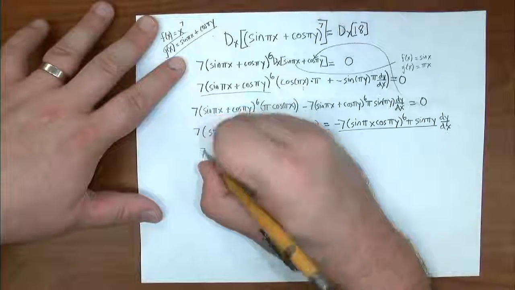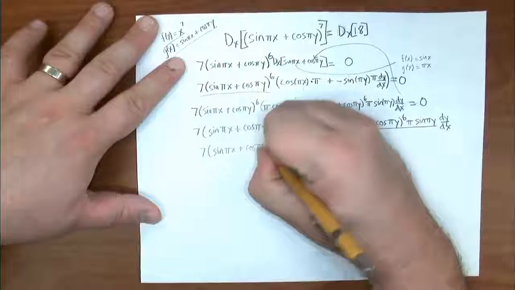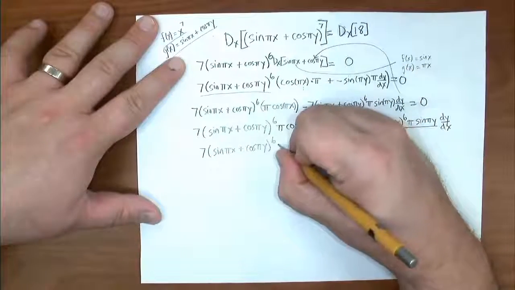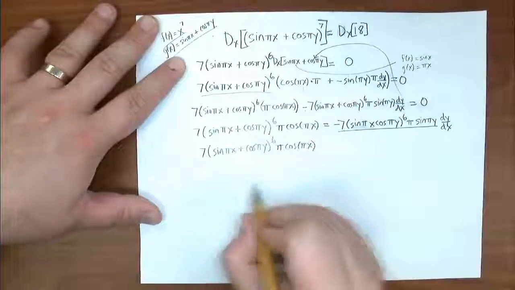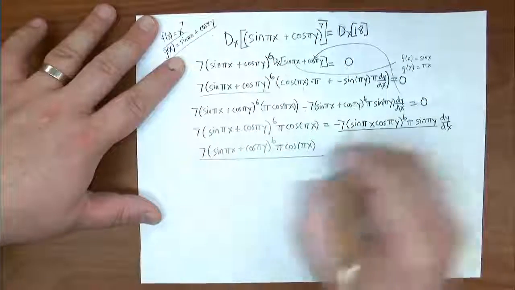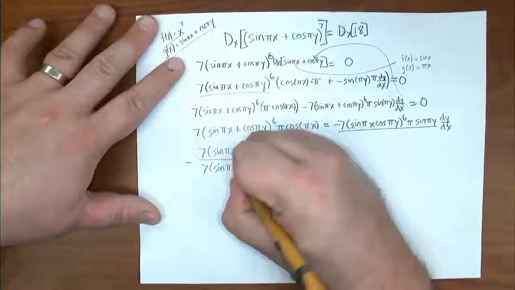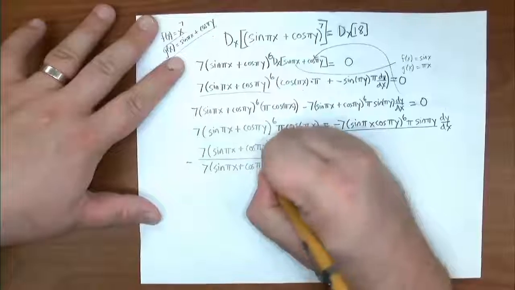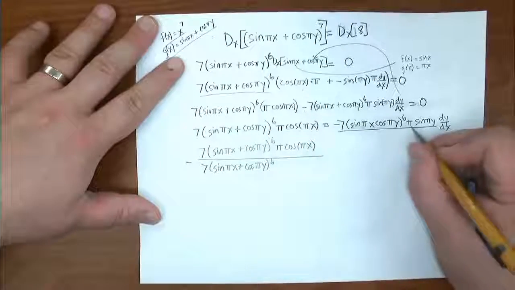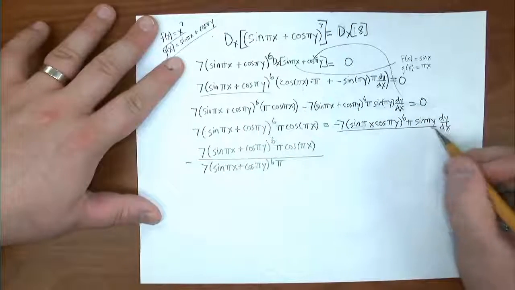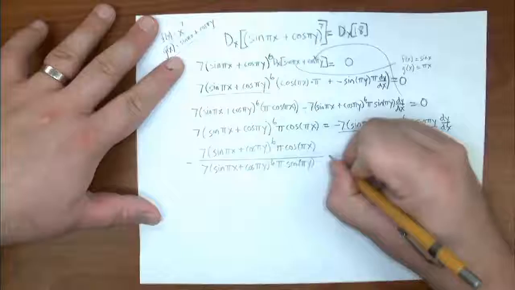So we're going to have 7 times (sine pi x plus cosine pi y) to the 6th power times pi cosine pi x, divided by, there's a negative, so a negative sign, 7 (sine pi x plus cosine pi y) to the 6th power times pi times sine pi y, equals